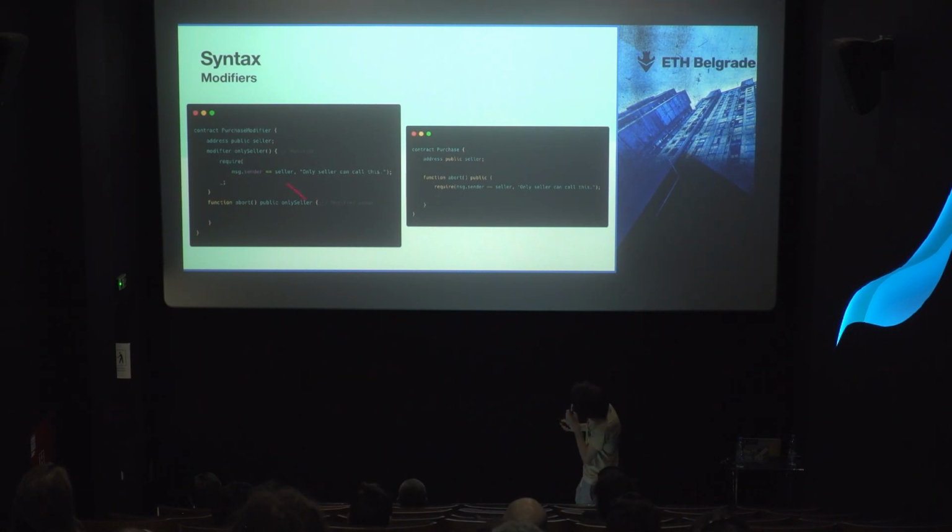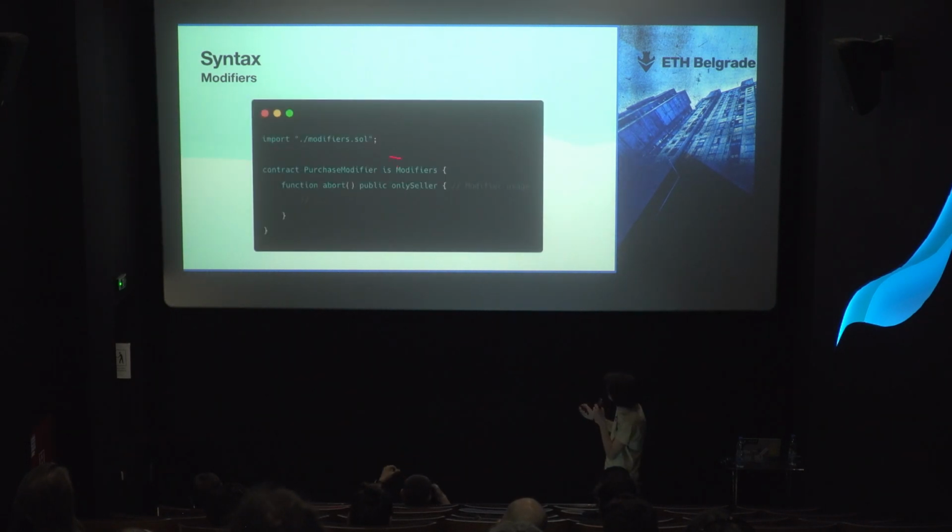So we do this via modifiers here, and then we do the same thing here. I don't know about you, but this one-line solution is much more readable than whatever this is. And now consider that most modifiers are used like this, where they're imported from some random place and used like this. Yes, the naming kind of tells what it's supposed to do, but it's still not very transparent.